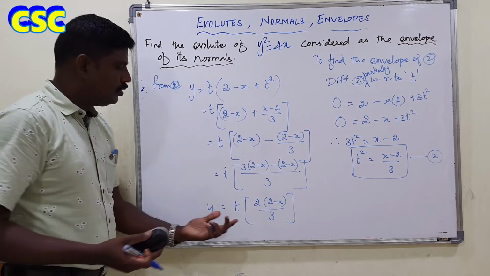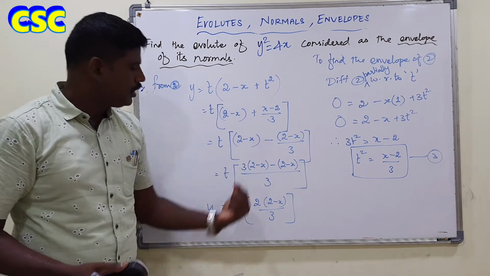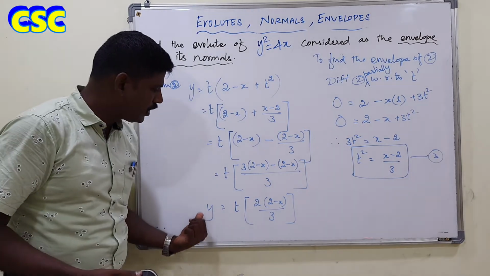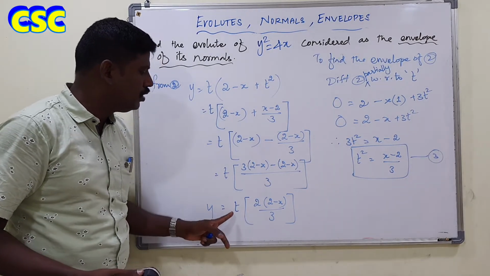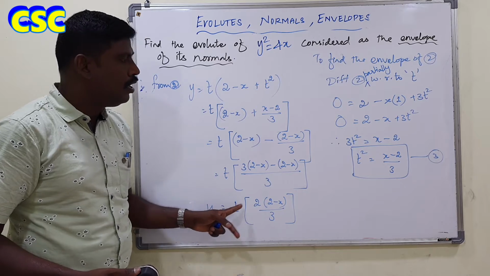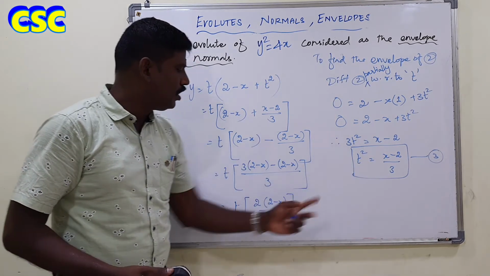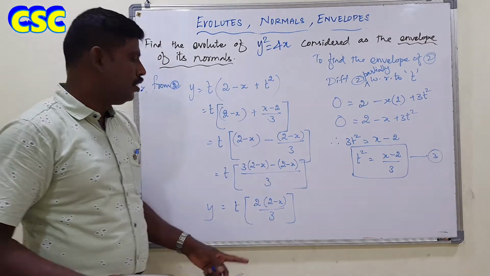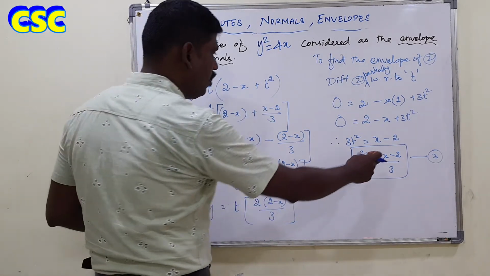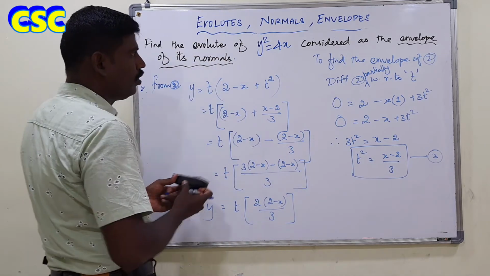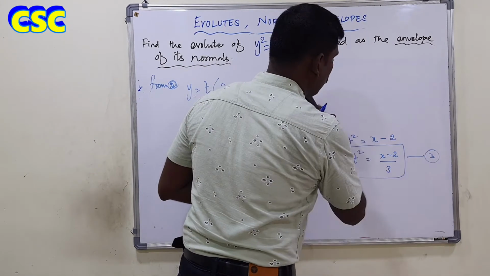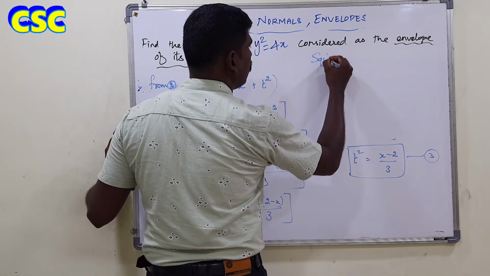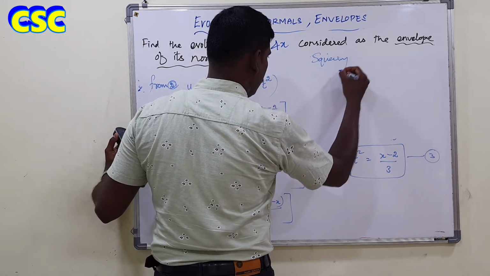Now, till now the parameter t cannot be eliminated here. So I am once again going to square on both sides. This right hand side becomes t square. Once again, I substitute the value of t square here. Entirely, the parameter t will be eliminated. So I am going to substitute the same value (x minus 2) by 3 here. After taking square, right? Take squaring on both sides. Squaring. So what you will get?